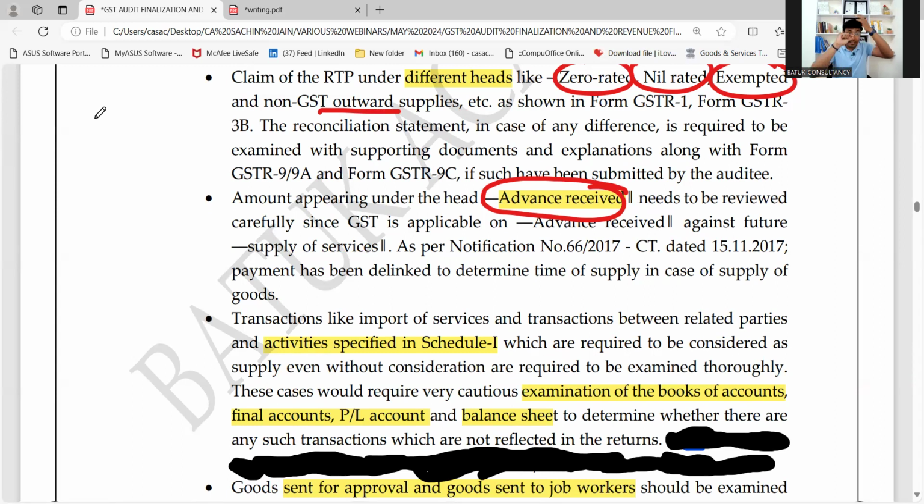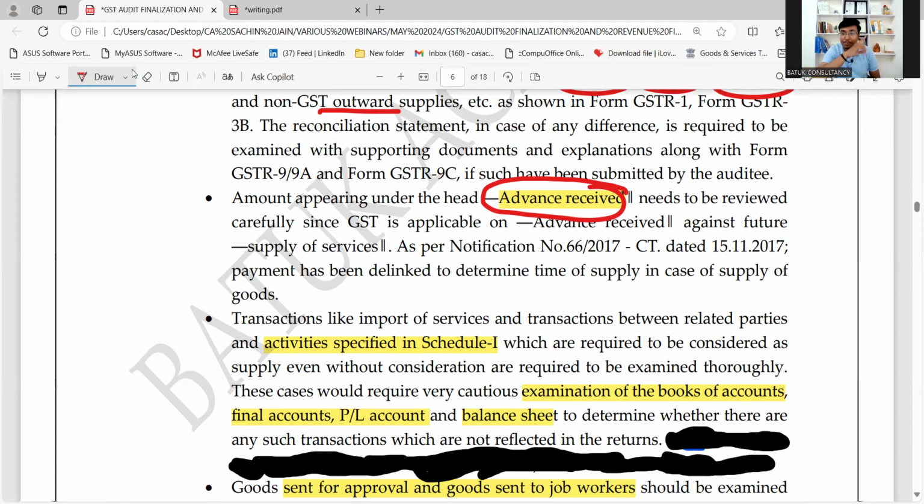Okay, also if they made a wrong entry, in that case you may check the counterparty name, and from that counterparty name you can easily identify that that particular party is dealing in goods or services. Or if that particular party is dealing in goods and services both, in that case you may check the invoices, and through the invoices you can confirm that that person will not be eligible or liable to pay GST on advances because this advance is on account of goods. But if that particular advance is on account of services, in that case GST will be applicable. Okay,